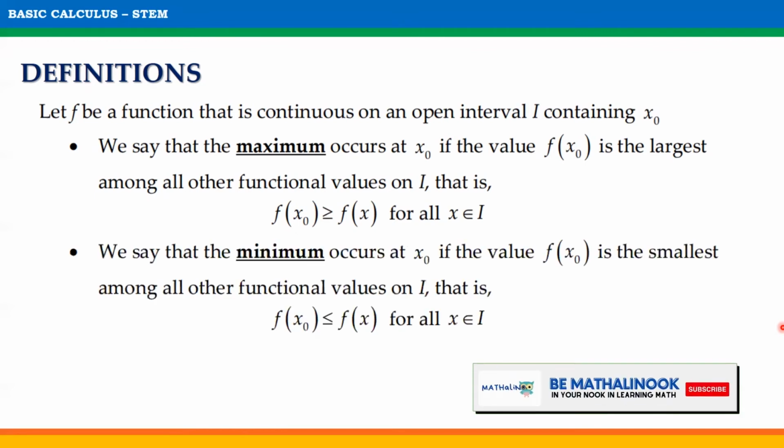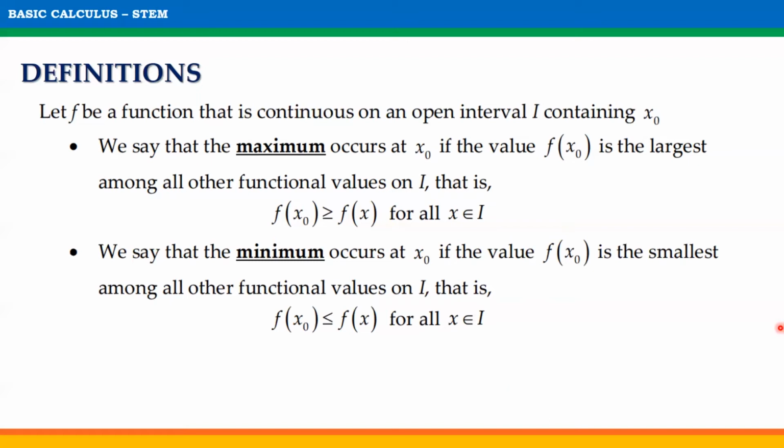On the other hand, we say that the minimum occurs at x sub 0 if the value f of x sub 0 is the smallest among all other functional values on I. That is, f of x sub 0 is less than or equal to f of x for all x in